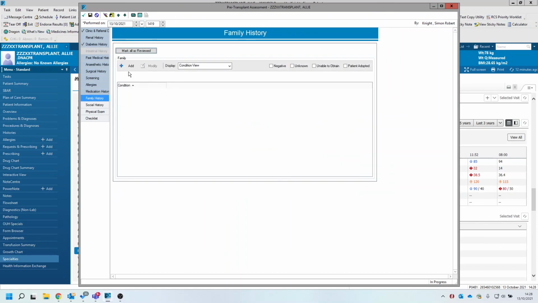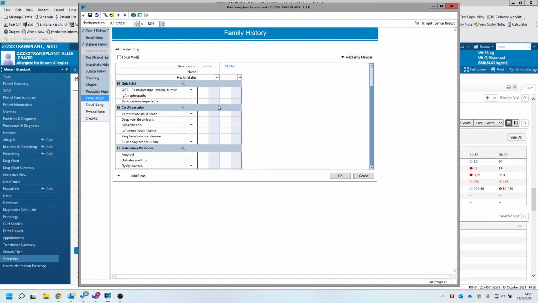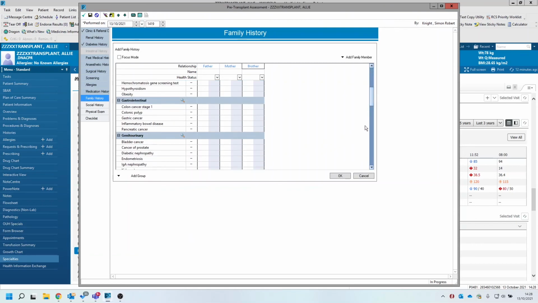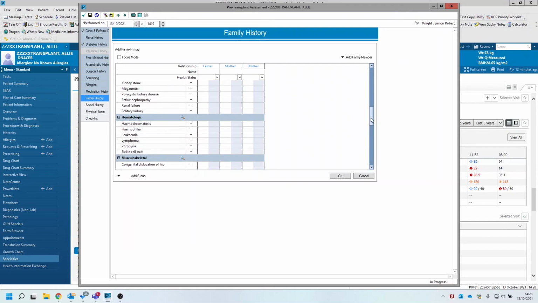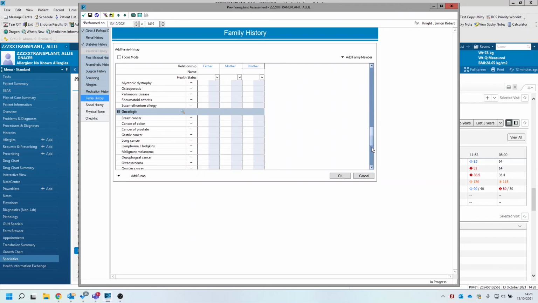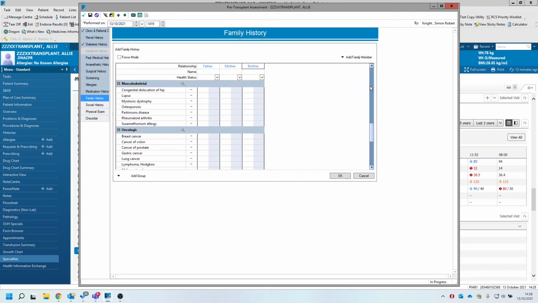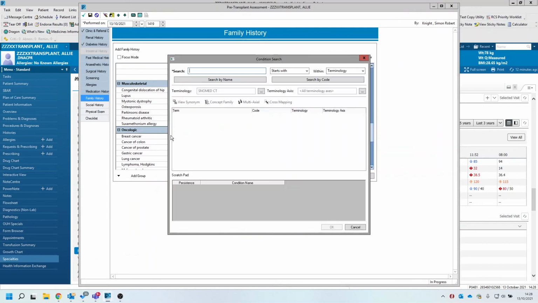Family history, if there's any significant family history that you want to add to the patient's record, again, we're using the standard Cerner components here. So you just click add. It'll default to showing you father and mother, but you can add additional family members, for example, if you had a brother, and then you can select any medical problem from the problem list here. There'll be some defaults set up for you of common medical problems. If what you want to add does not exist, you can simply click on the little search button in the relevant subject and search again